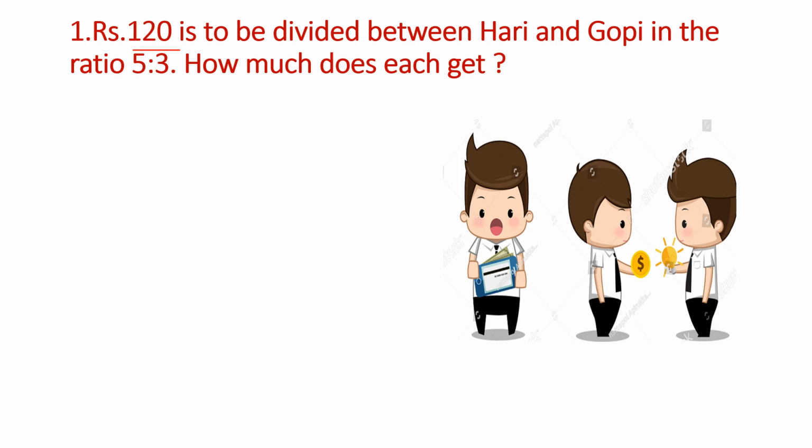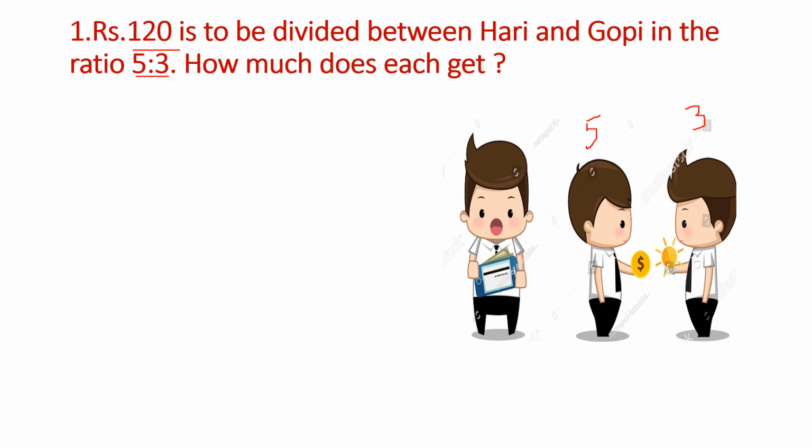You have to learn this type of question because this is a very important type of question. So you know the ratio is 5:3. What does that mean? That we have to divide this 120 into parts in such a way that one person gets 5 parts and the other person gets 3 parts. Whatever number of pieces you make, one person should get 5. So what is the total number of parts? You should always think. That means we have to divide it into 8 parts.